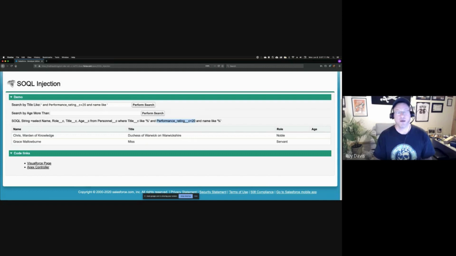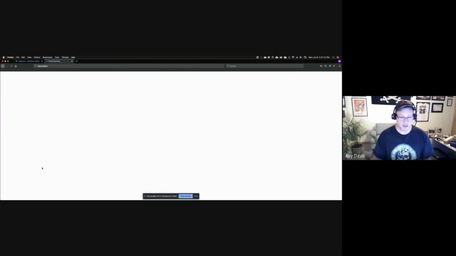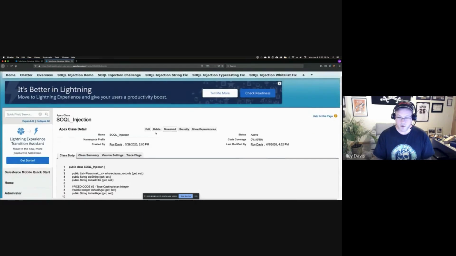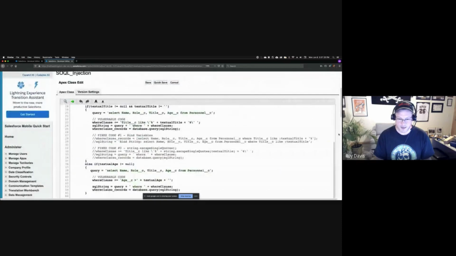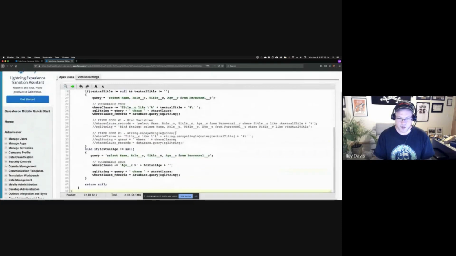But why? Well, let's open up the Apex controller that is actually handling getting these research results, and let's have a look. So we'll do that down here, Visualforce page, Apex controller. Let's pick Apex controller, and we'll go to the edit window. And then we're going to just scroll up a bit. And here on line 23 is where all of the problems start.